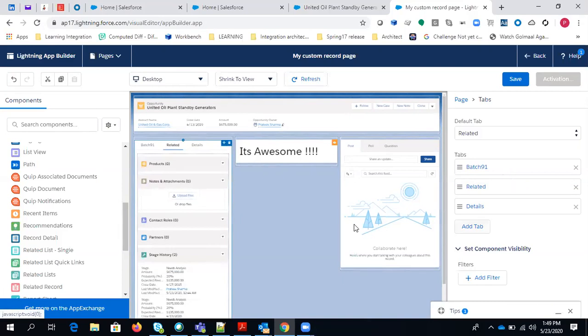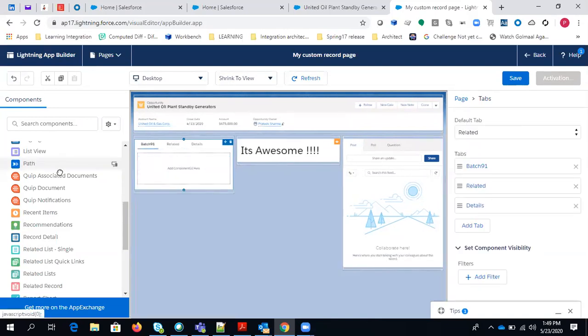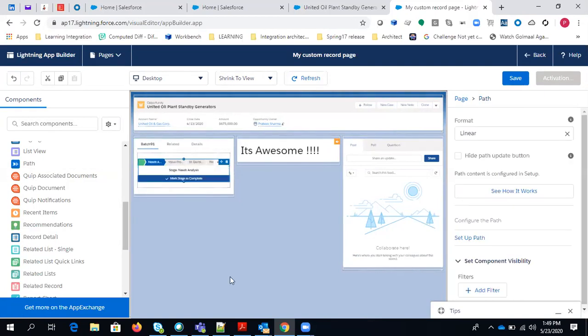You can do this kind of stuff, and in batch 91 you can add whatever you want. So let's say if I want to add path, I have added path information in the batch 91. So here we have provided all the information. Let's just save it.